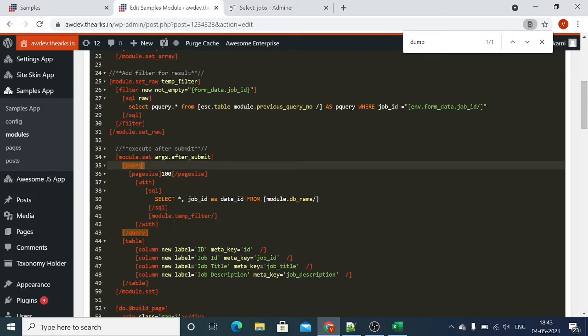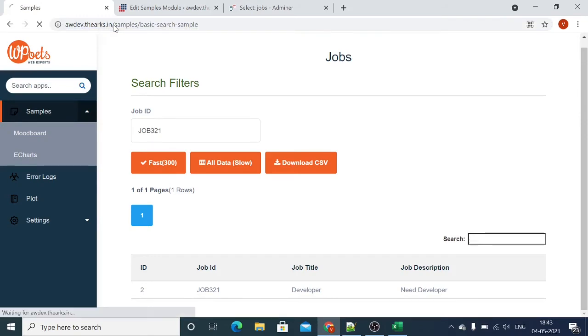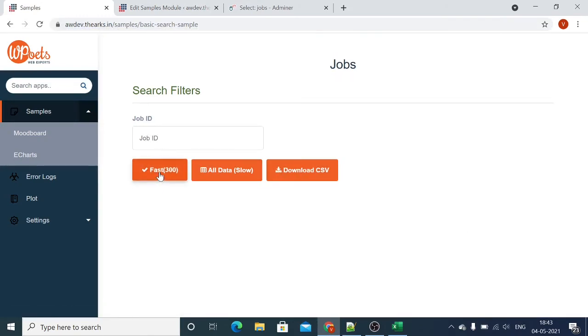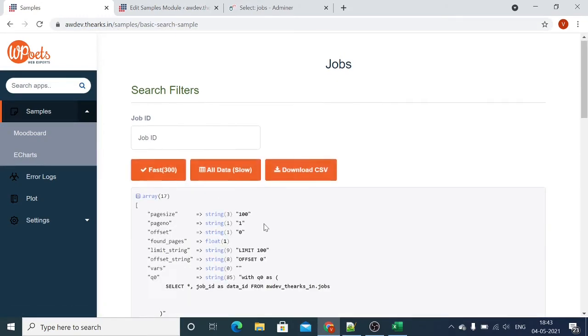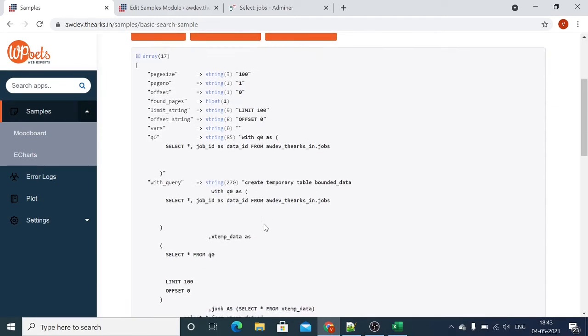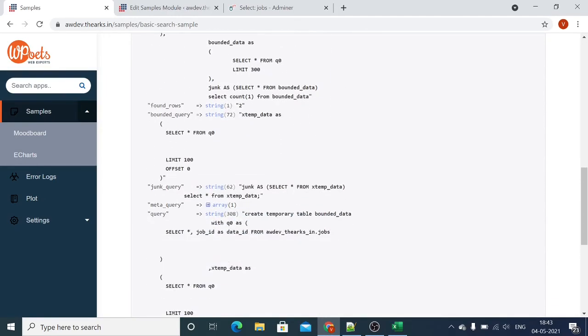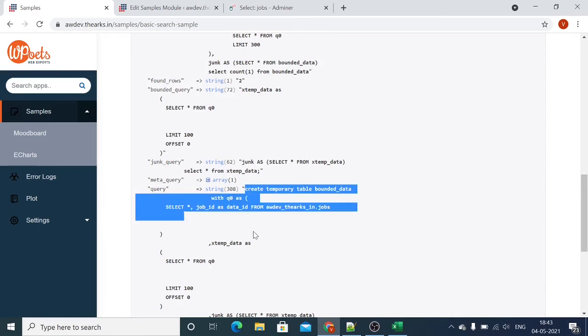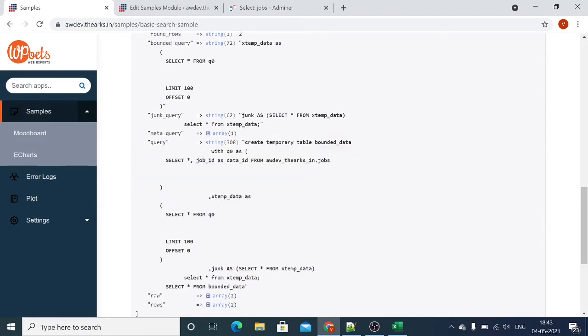If you want to debug the query, you can use debug underscore dataset equal to true. This will allow you to debug your query. Now let's go back and check. When you click the query or the debug, you can see our final query in this query.